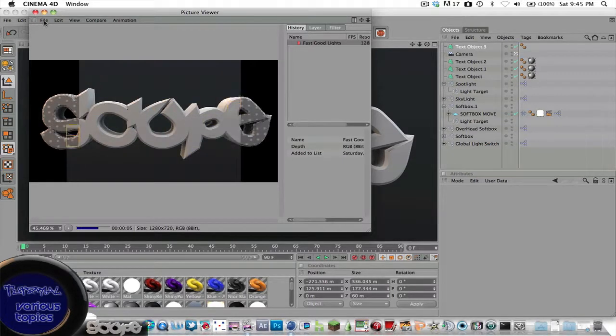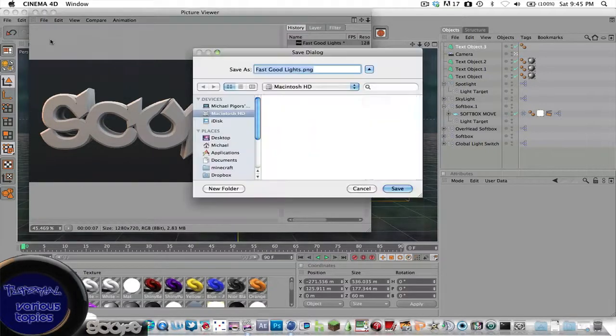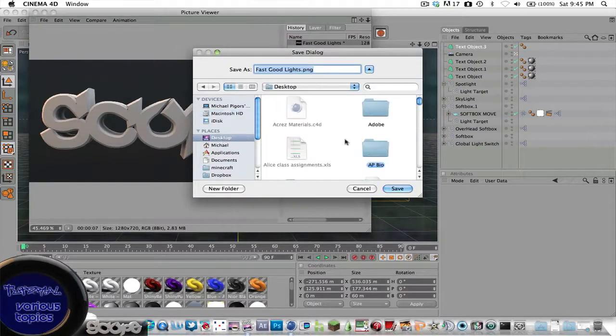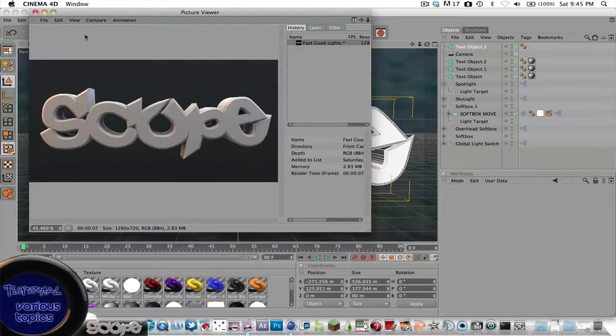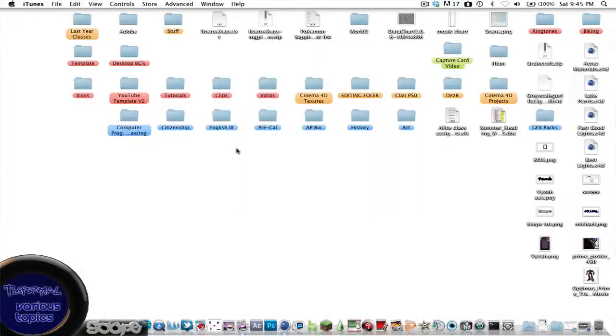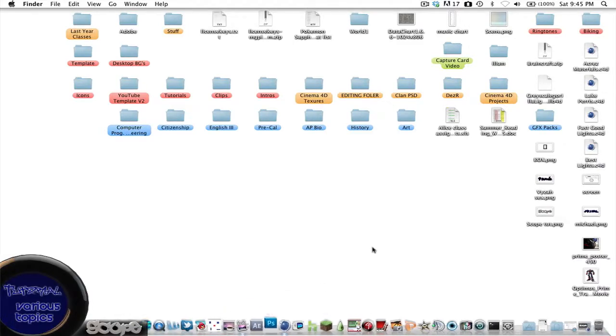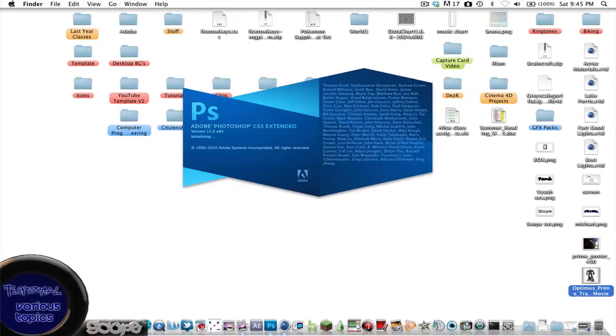So what I just did there is I rendered it out. And I'm assuming you all have a basic knowledge of Cinema 4D. So, scope. I don't usually write tut for your information, just cause that one time I was strapped on time. So then I'll open Photoshop, and what I'm gonna go over today is